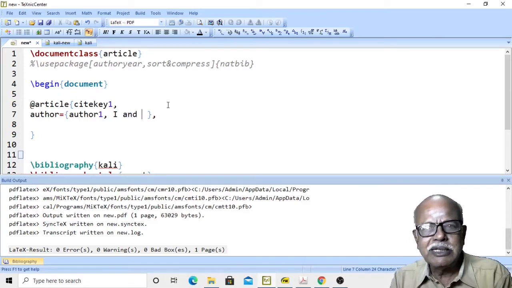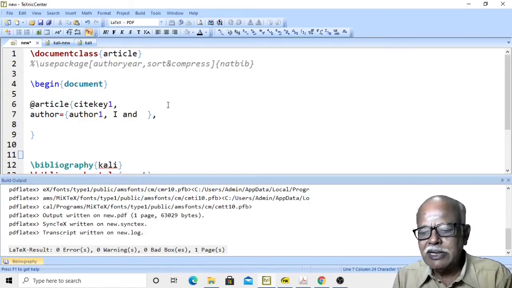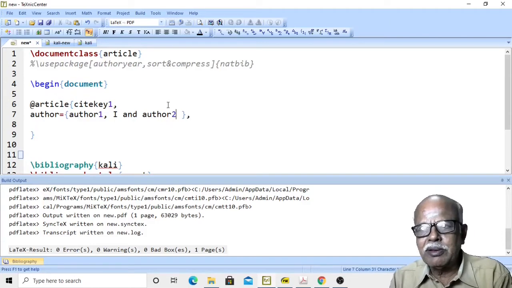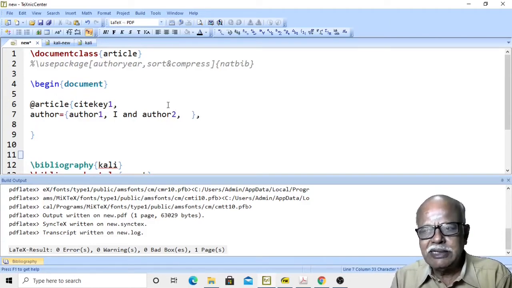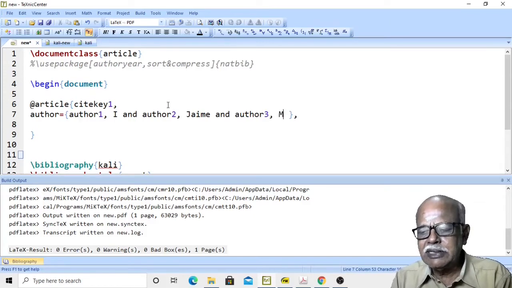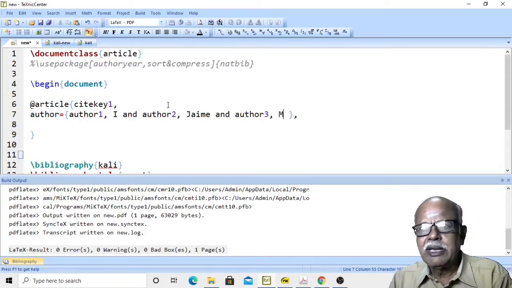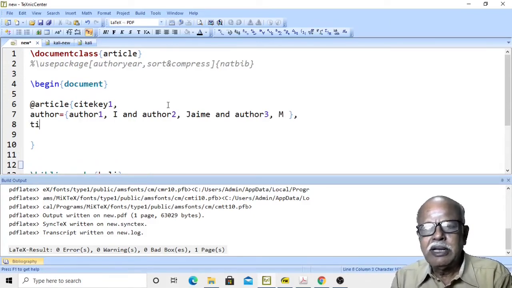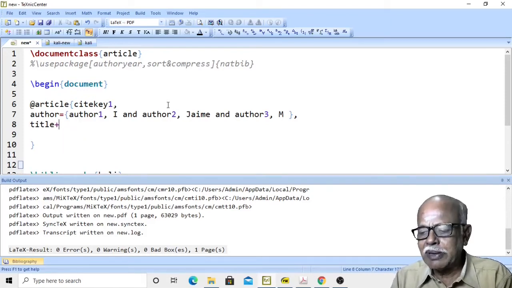Use the separator and with a space before and after, and then the second author, his initials or some name, and then again a space and a space, author third, and then his initials, etc. Again, give the title of the paper,